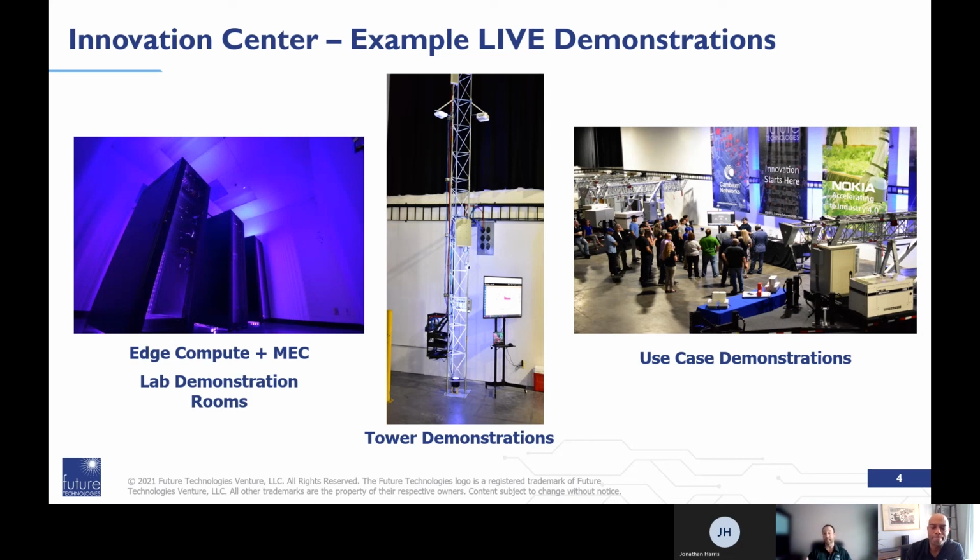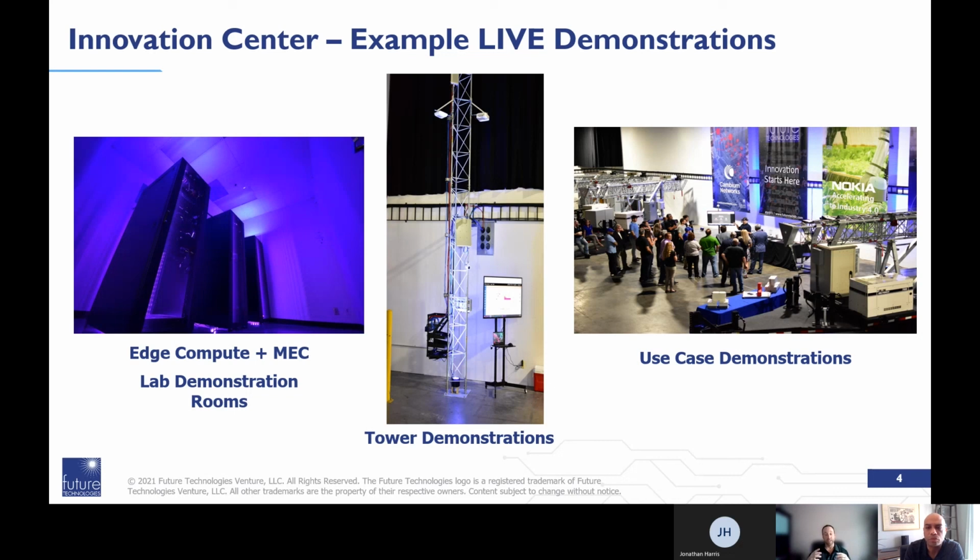Based on that, one of the things we created was an innovation center, just outside of our headquarters in Atlanta, Georgia. Our focus there was to enable different types of private networking in an open warehouse space, so that if people wanted to come in and look at private 4G or 5G or Wi-Fi 6 or some of the interesting TeraGraph technology that's out there, we have that